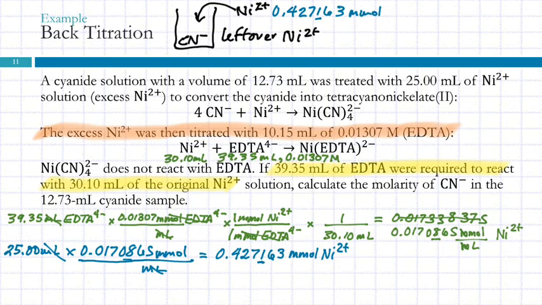This is the amount that was added, and the excess was titrated. You multiply the 10.15 times the molarity of EDTA, and you do the stoichiometric conversion to get the moles of nickel that was left. So 10.15 milliliters of that EDTA solution,